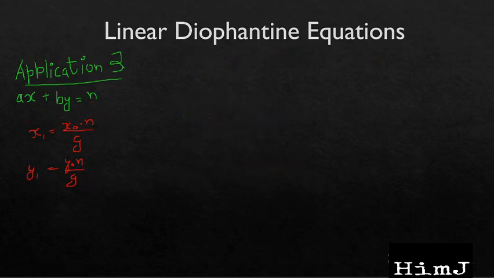Again, before moving to application number 3, I forgot to tell how can we find solution if there are more than two unknowns like this, and we have to find the value of x, y, and z. So a simple idea can be we can loop on x, that is iterate on x, and then we will get the value of a times x. So we can shift it to the right hand side, and then can apply the same concept here, because we will have two unknown and some constant value here.